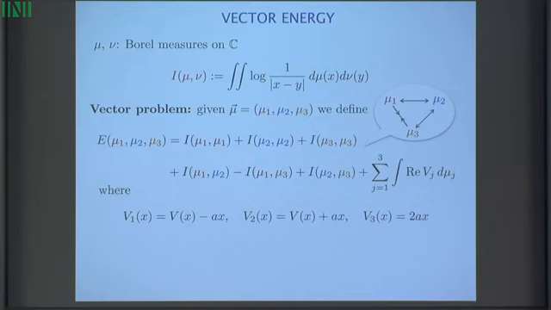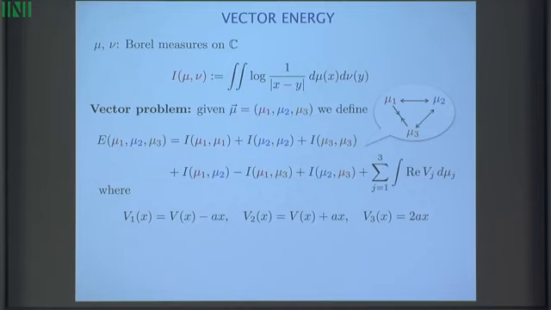Basically, the first two you already have seen before, V plus Ax, V minus Ax. The third one, just for compatibility, is the difference of these two, so it's 2Ax. So this is the functional we'll be trying to minimize. But the problem is, now we have to allow, because this measure in general can be on the complex plane, the complex plane to be a conductor. Not as before, when we had the measure living on the real line. Only the real line was a conductor. Everything else was like an insulator. Now the complex plane is a conductor.